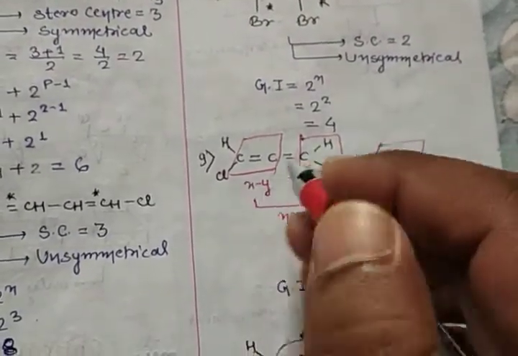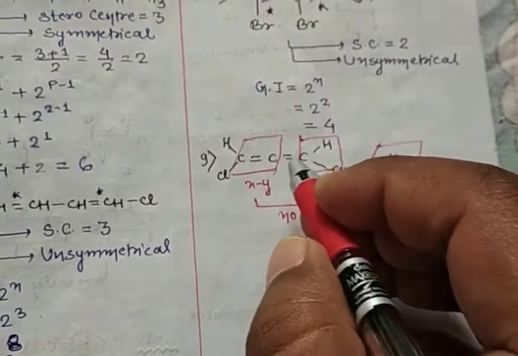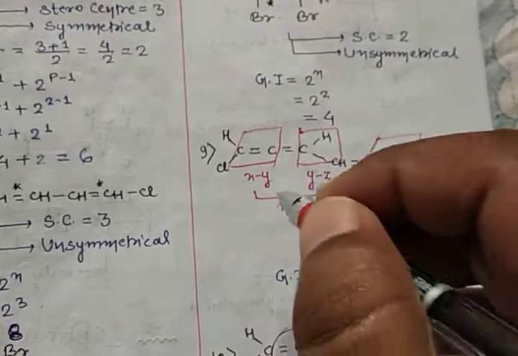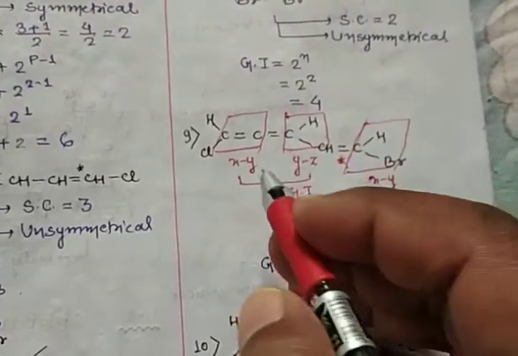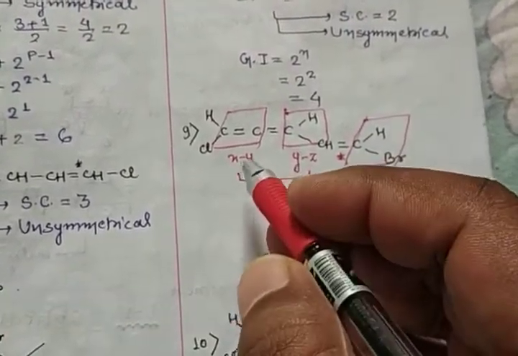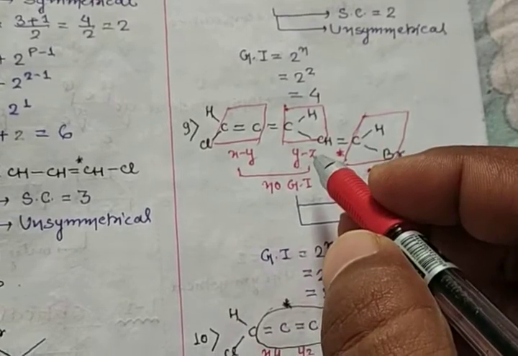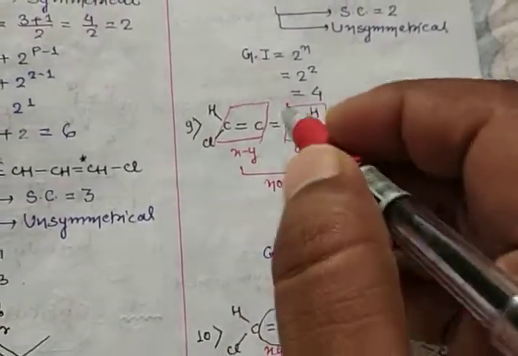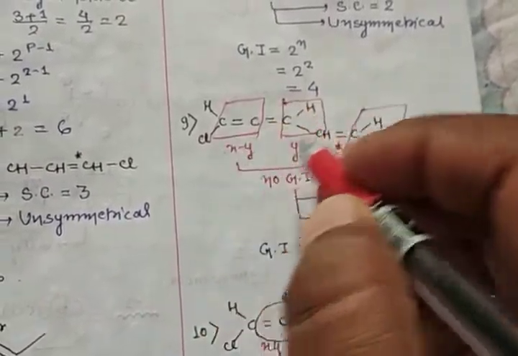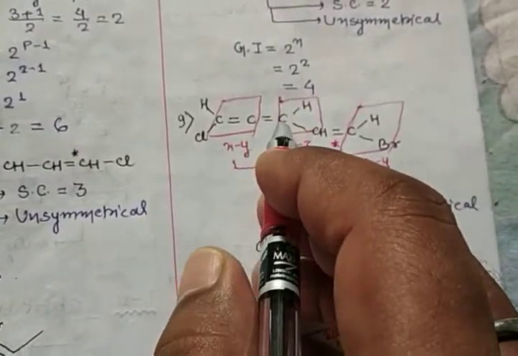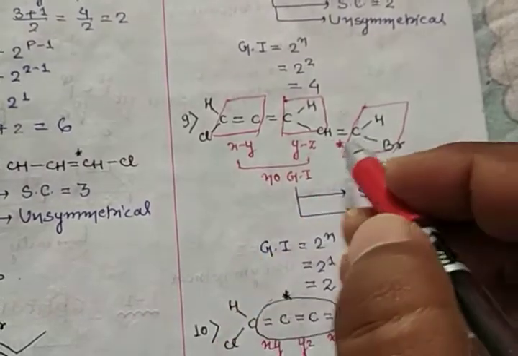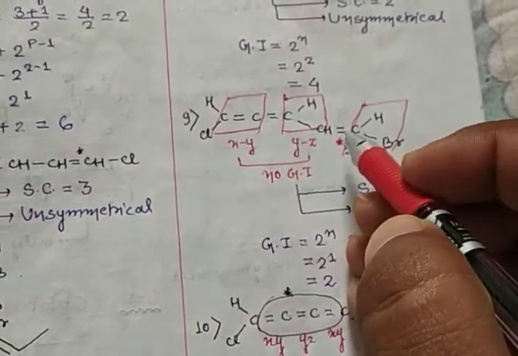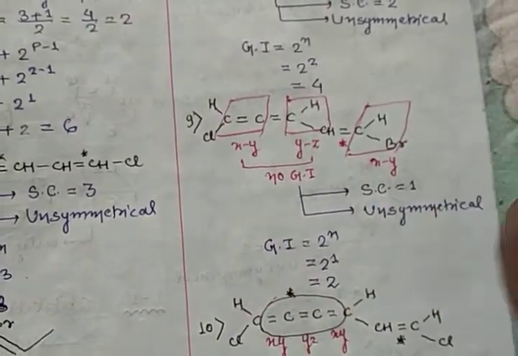This is an allene. If a consecutive double bond is there, a double bond immediately after a carbon's double bond is called consecutive. So you know very well from my last video there is an xy plane, there is a yz plane. So if two consecutive double bonds are there, it means no G.I. So here it is not possible. But again look, now C single bond CH, again double bond. So now there is no consecutive double bond. So now this carbon double bond should definitely show geometrical isomerism.